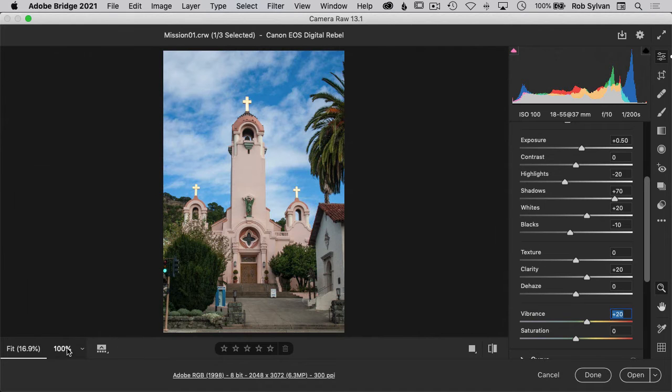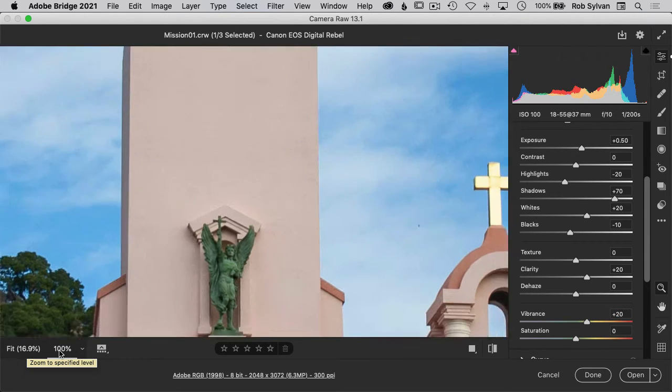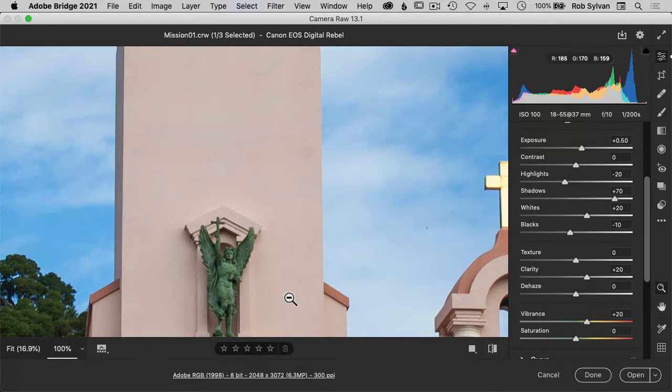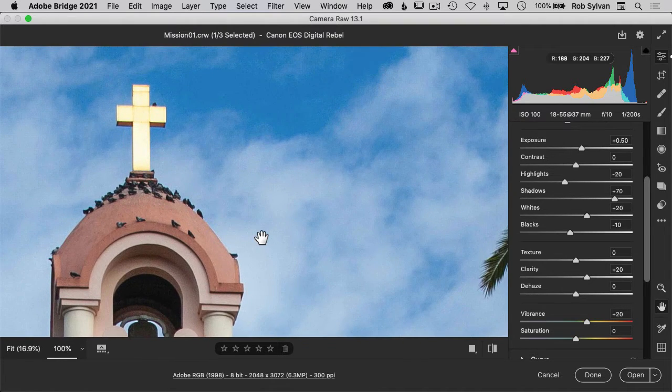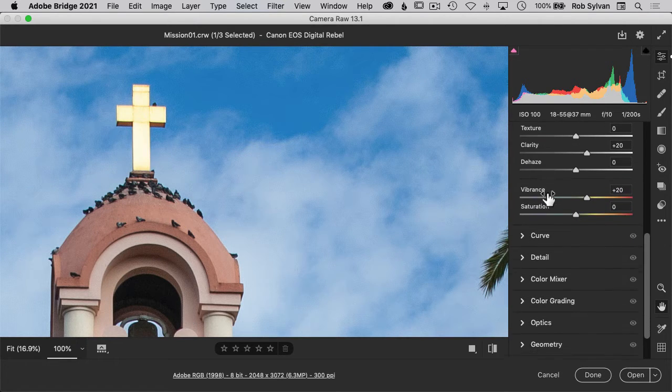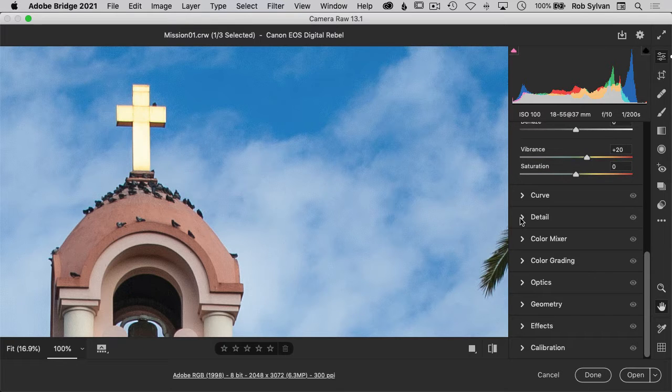Click the Zoom Levels menu near the bottom left corner of the window to zoom in to 100%. Then select the Hand tool and pan the image to see the cross at the top of the mission tower. In the Edit Mode panel stack, under the histogram, scroll down until you see the Detail panel and click its